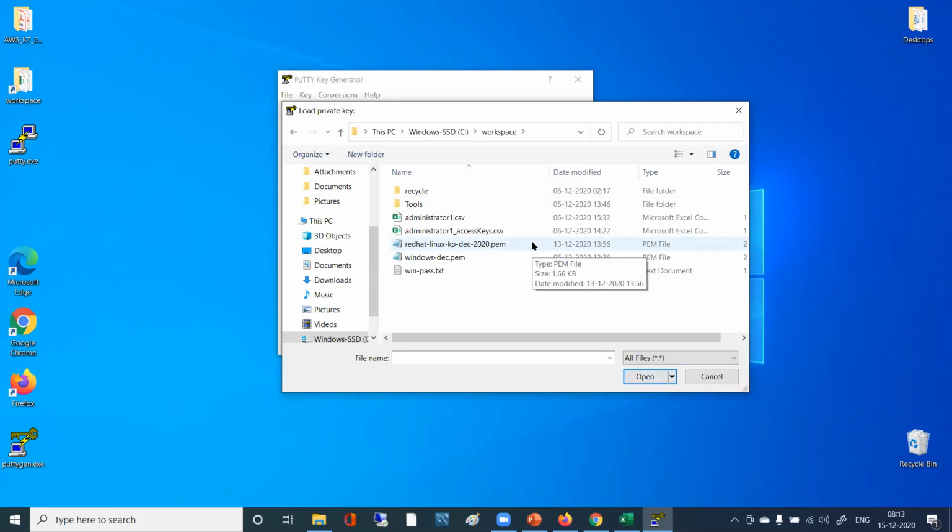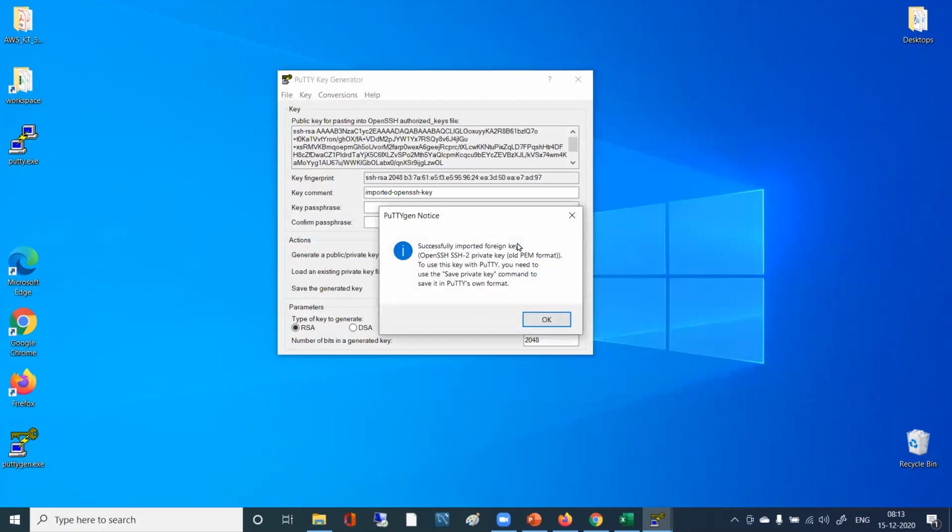Just double click that. This successfully imported a foreign key: OpenSSH SSH-2 private key, old PEM format. To use this key with PuTTY, you need to use the Save private key command to save it in PuTTY's own format.